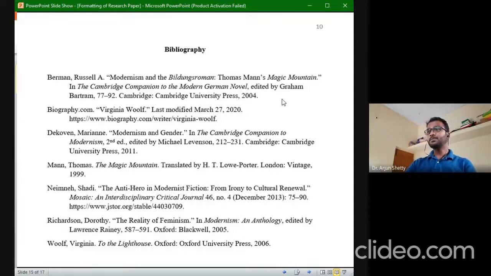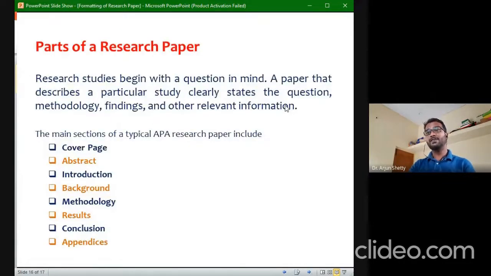Now, today we'll go in detail about the parts of a research paper. So as the next bit of today, what are the parts of a research paper? Nothing but when you talk about the format of a research paper and report writing, you need to even know